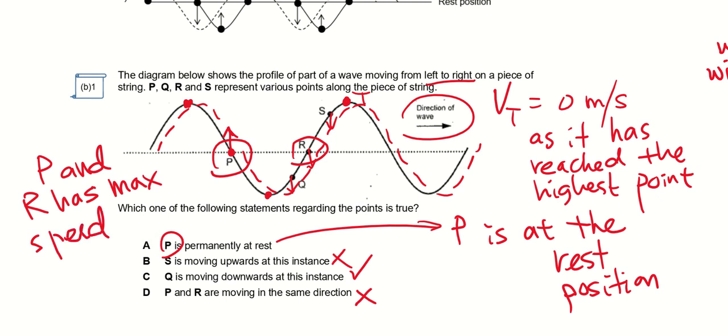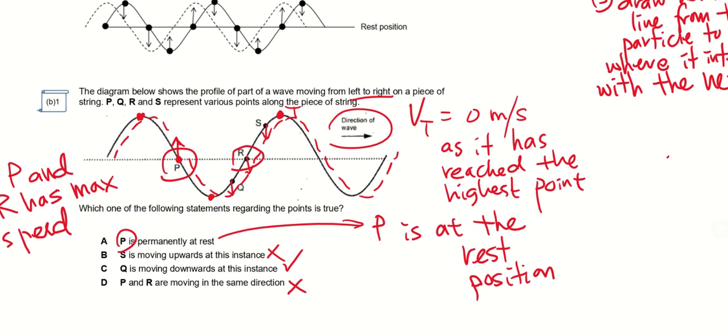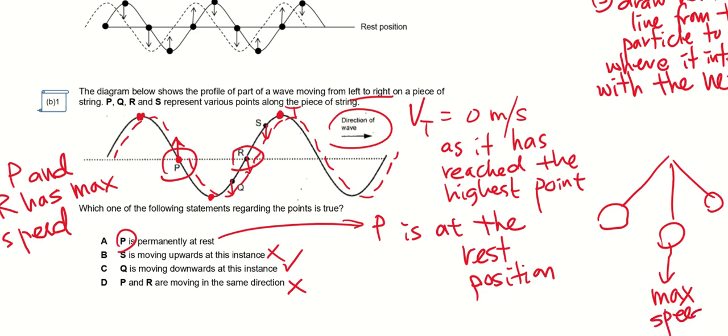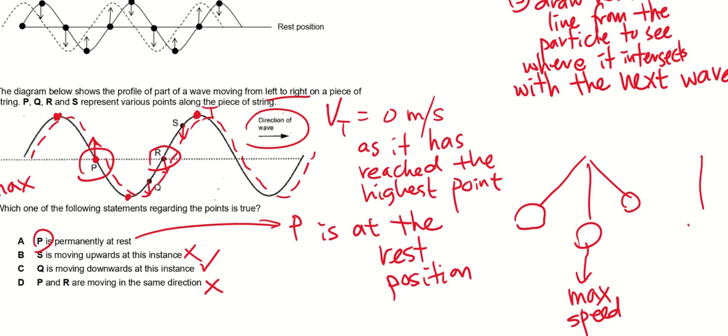P and R has the maximum speed. Imagine, remember your pendulum? At which position does the pendulum have zero speed? At the highest point. Where does the pendulum have the maximum speed? The lowest point. And if let's say the pendulum is not moving, this will be